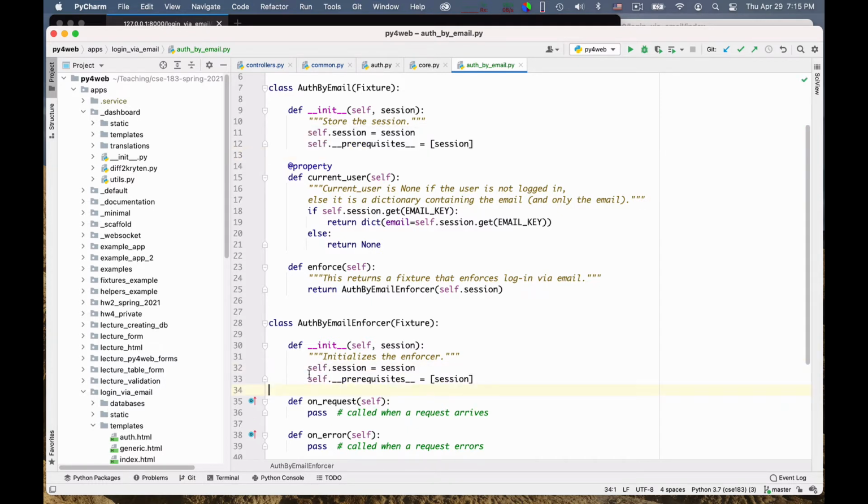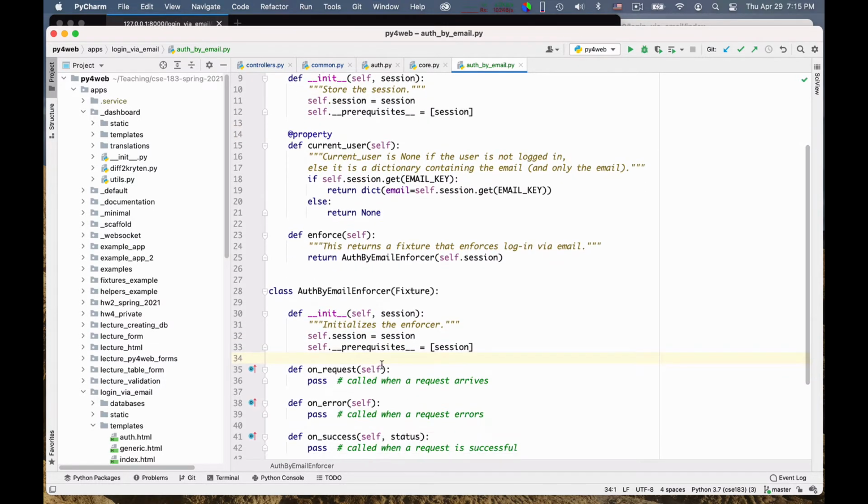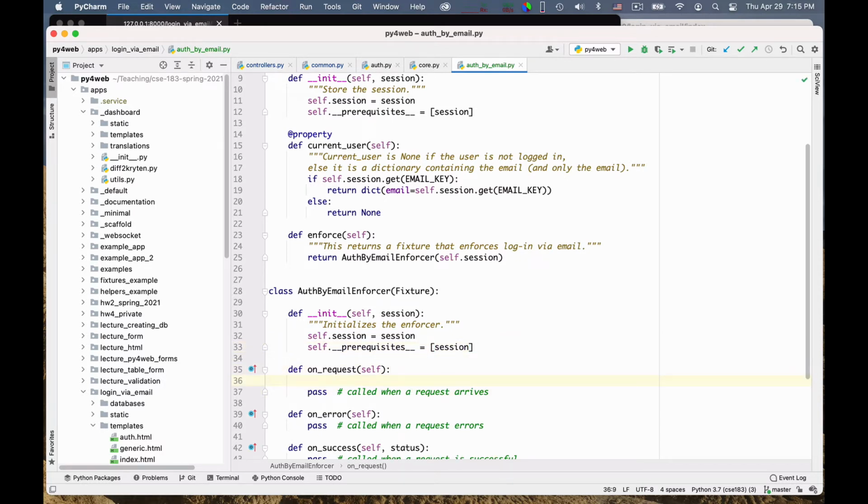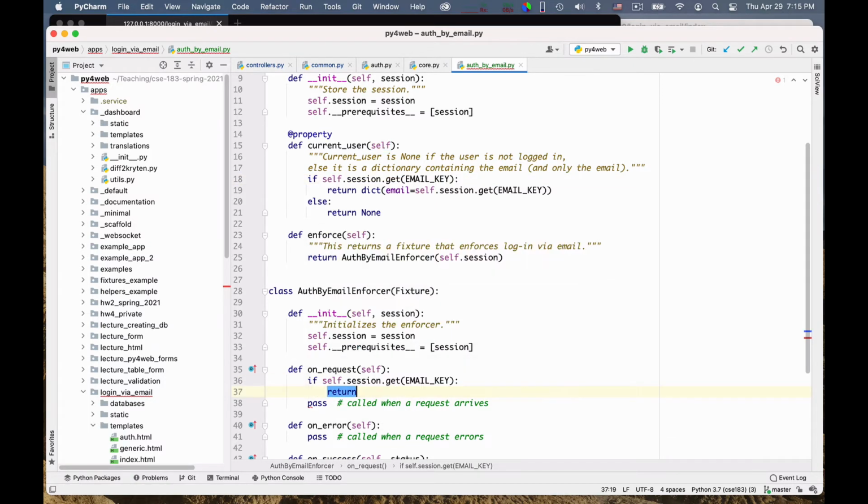Okay. Now we really have to do something on the request. Because on the request, we need to check if the user is logged in. So essentially, if we have an email for the user, then we return, the user is logged in.